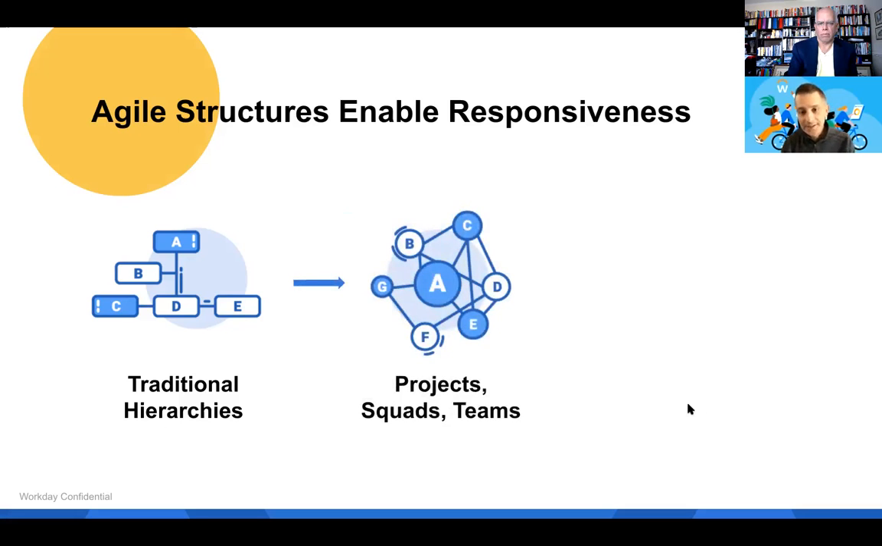The way that work actually gets done today, and our customers recognize this as well, starts to look a little more like this. Everything's project-based. You've got squads, teams, lots of different names for this. But in essence, it's this interconnected group of projects and teams working on, in many cases, cross-functional strategic initiatives, which doesn't really align to the traditional hierarchy that you see in